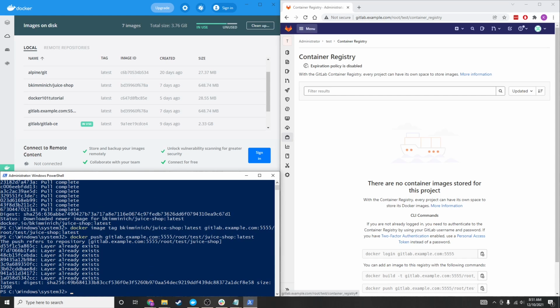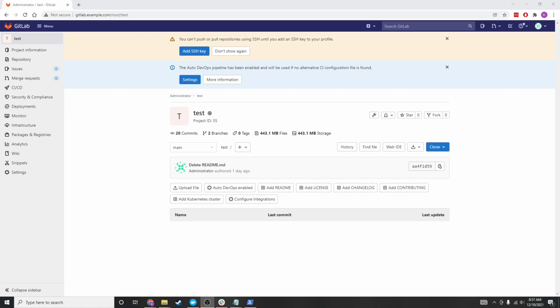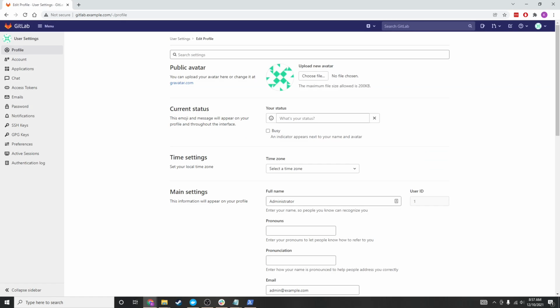And we can see here when we refresh the container registry that the image will be present. Now we will grab the API token for this user in GitLab to give to Jenkins so that Jenkins can connect with GitLab. To do that, we'll go up to the user's profile,